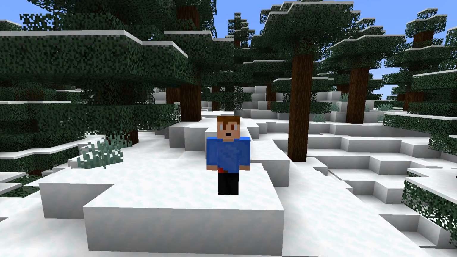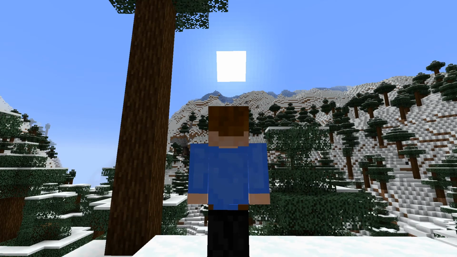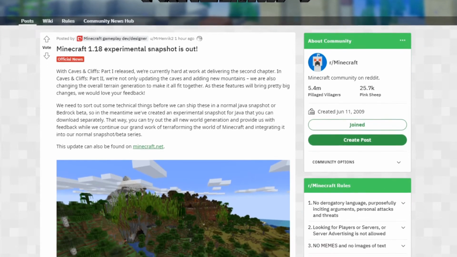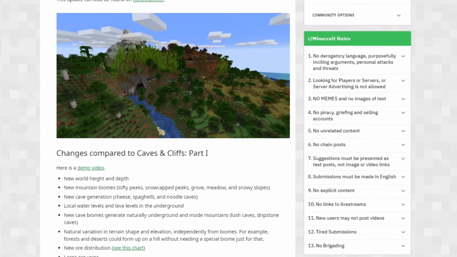This obviously isn't a taiga, nor is it a snowy taiga, because it has snow blocks on the ground. This is actually a new biome called Grove, and this is Minecraft now. Wow. Now, all these massive changes come in the first 1.18 snapshot, but it is an experimental snapshot, so you